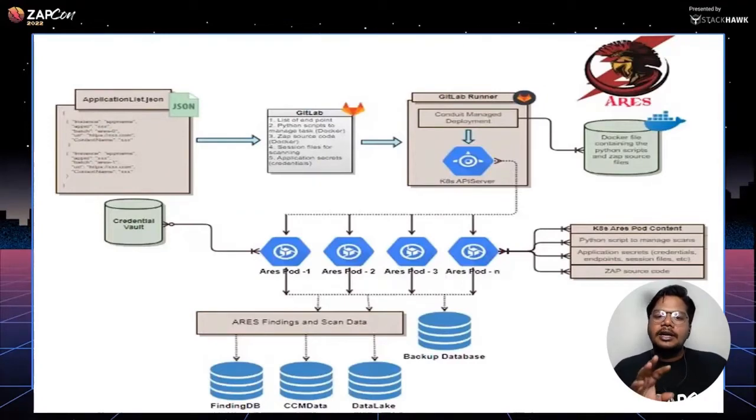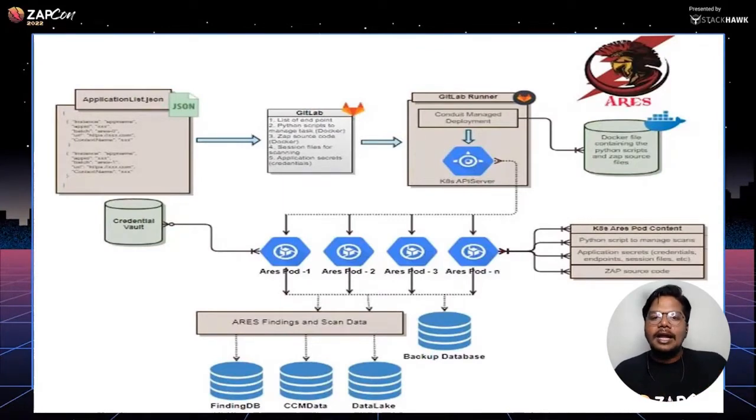So we created a GitLab job, and we have an application list.json file, you can say, where we use it as a config file, where we have all the endpoint URLs, authenticated scans, kind of like have all the credentials inbuilt, what type of scans we want to do, and if we want to whitelist some of the endpoints and everything, because sometimes when you scan, you try to whitelist the logout URLs and everything. And if you have a controlled scan, then you can use the session files and everything. So these type of information goes to application list.json file.